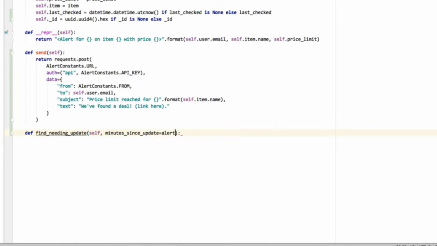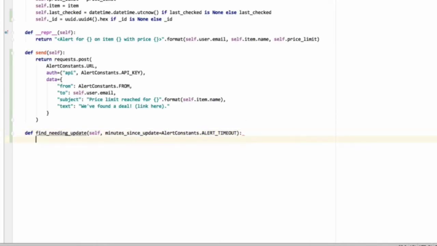So what I'll say is alert_constants.ALERT_TIMEOUT. And then we'll go to our constants in here and say ALERT_TIMEOUT equals 10. Okay. So now we can do that. And now these 10 minutes is going to be another datetime. So what we'll say is we needed to find the alerts that haven't been updated in the time that has passed between now and 10 minutes ago. So last updated limit is going to be